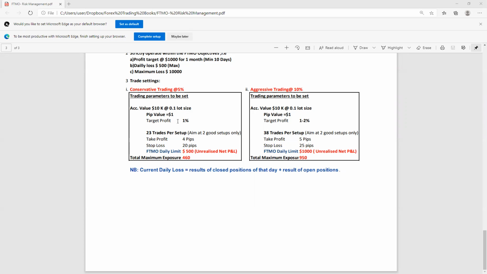If you target just 1% of 10,000, which is 100, every day, then within 10 days you will have achieved the $1,000 profit target. So if you're going to execute 23 trades,